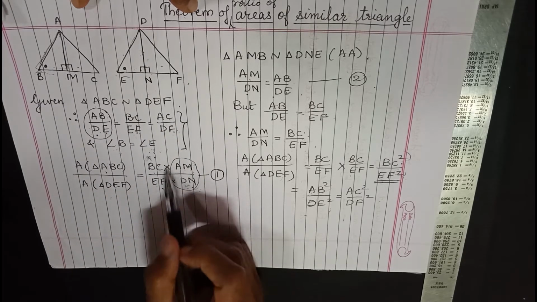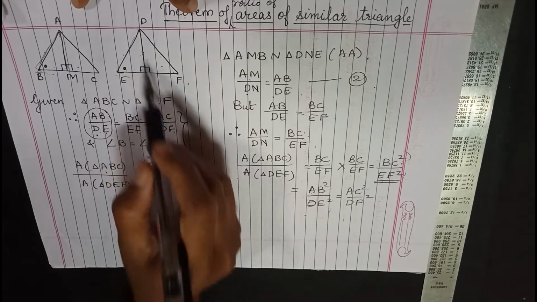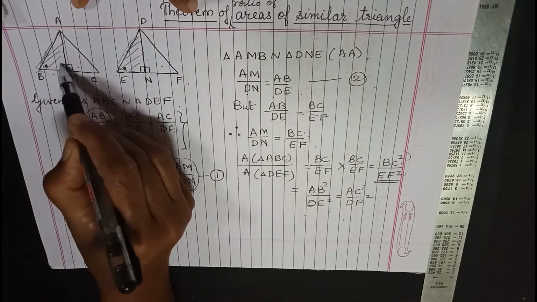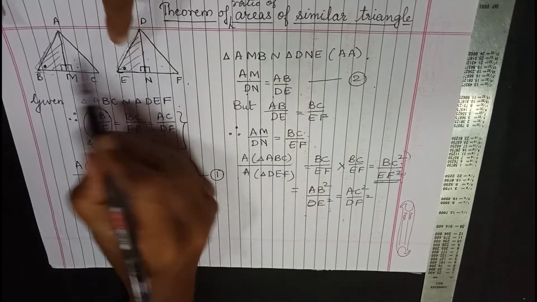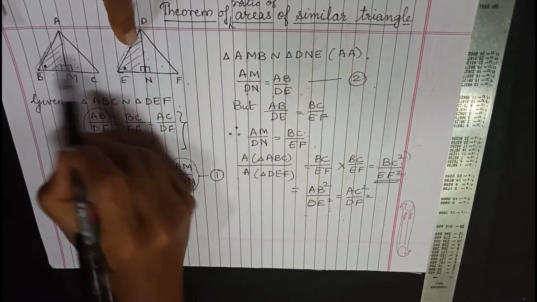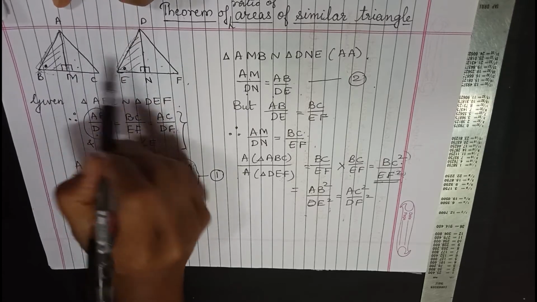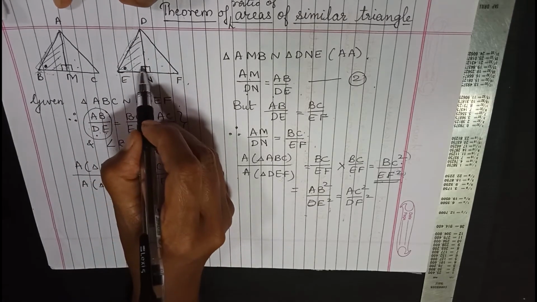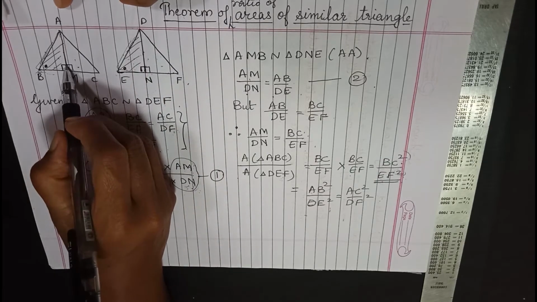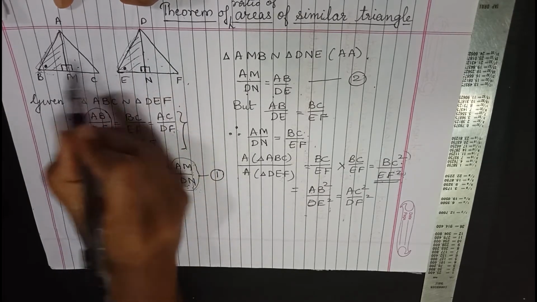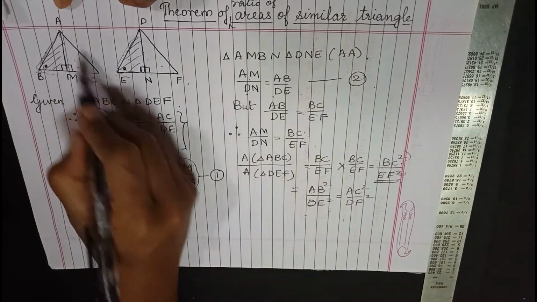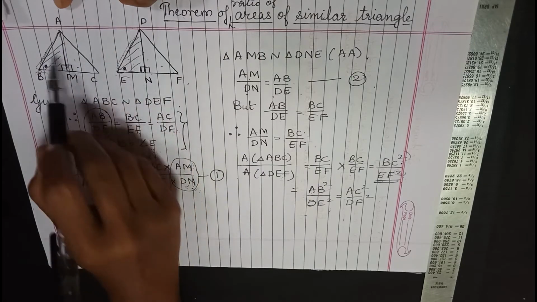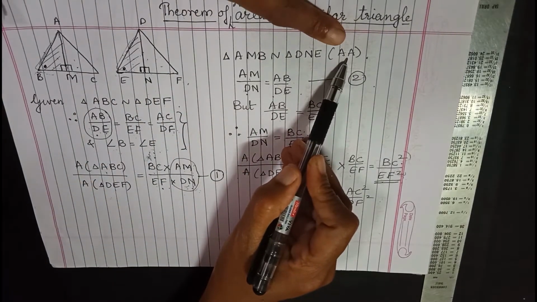And how do we find the relation of this height with the sides of the triangle is by proving these two small triangles similar. You can choose any triangle. You can choose either these two or these two. So just for the sake of convenience, I have taken these two triangles. So we have to prove these two triangles are similar. How do we do that? By AA test. You can see one angle is 90 degrees because height is always perpendicular. And these two angles are already equal because the given triangles in the question are similar. So the two small triangles are similar by AA test of similarity.